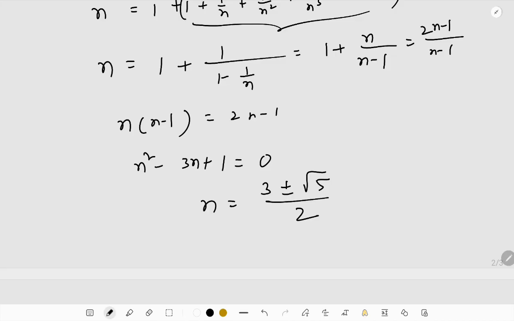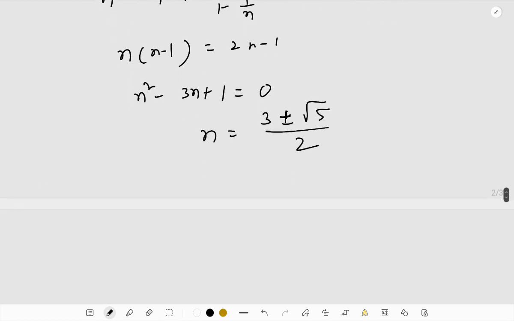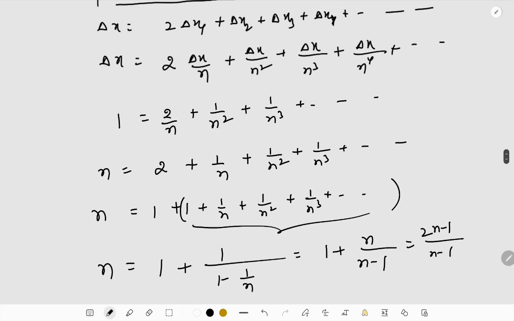But I'm going to accept only the positive root of this solution, because we know n is greater than 1, so that I can write n equals 3 plus root 5 by 2,